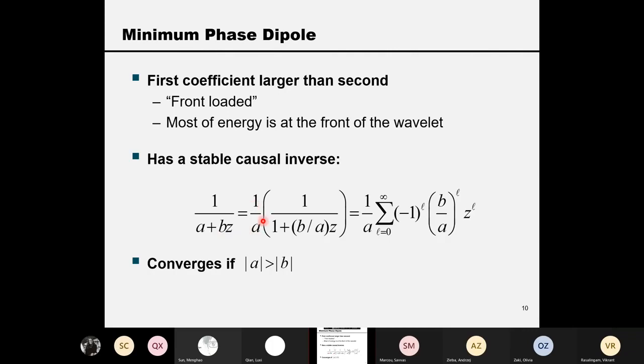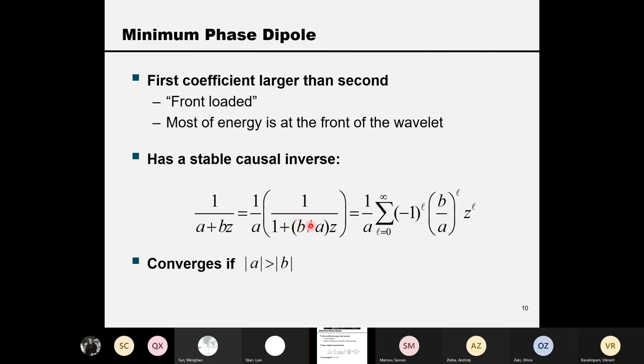If we take a factor A to the front, in the bracket here we have 1 over 1 plus this factor multiplied by Z. Right, the magnitude of Z, remember, is a pure phase operator. So the magnitude of Z is 1, because it's e^(i omega t), or e^(i omega delta t). So this is 1. So the magnitude of the whole thing actually depends on the magnitude of B over A,